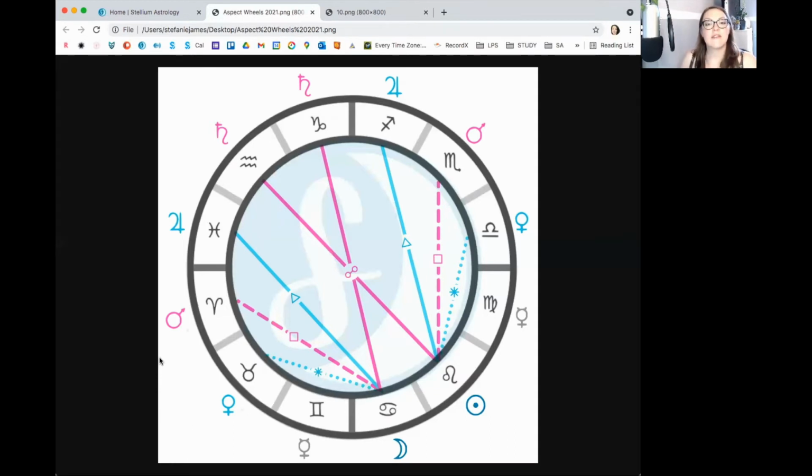It's hard to ignore when you have a square in your natal chart. The planets that are square to each other are going to be constantly vying for your attention, and in a way that it's not necessarily an external experience. It doesn't have to be that you have a square in your chart and you attract somebody who brings out part of that square. It's more of an internal psychological conflict with yourself.